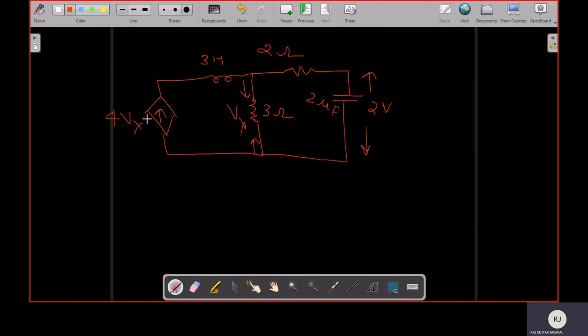If we get the Vx value, we can get this current value. Further, we are going to classify